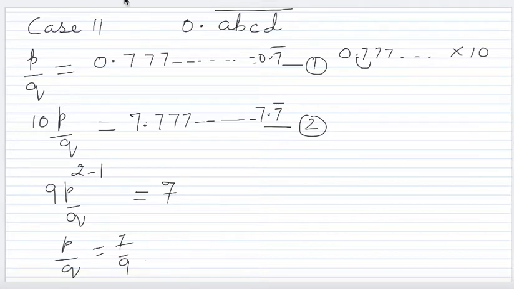Okay, now let us take the third case, sorry. In the third case, if you are having the decimal of the form, suppose some digits are not repeating, say A, B, and then C, D repeating, or you can have any number of digits which are not repeating, and after those digits we are having a set of digits which are repeating. So how are we going to do that?